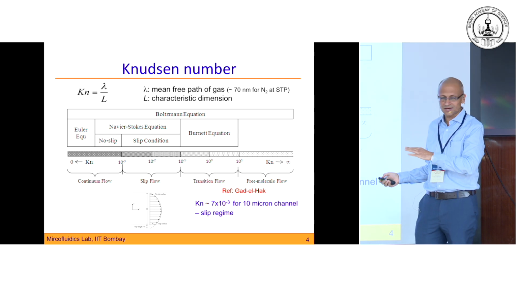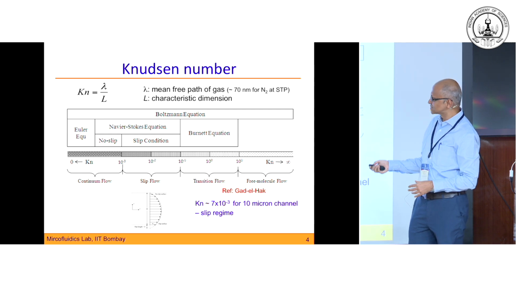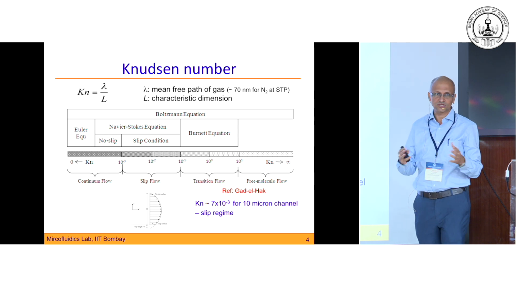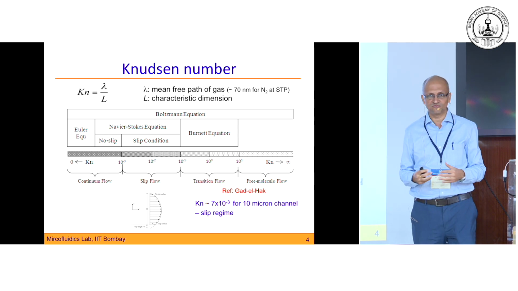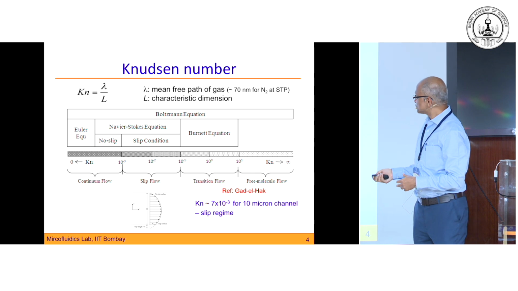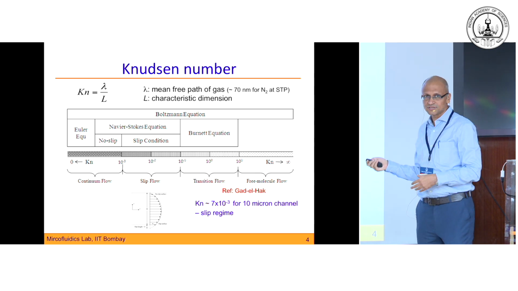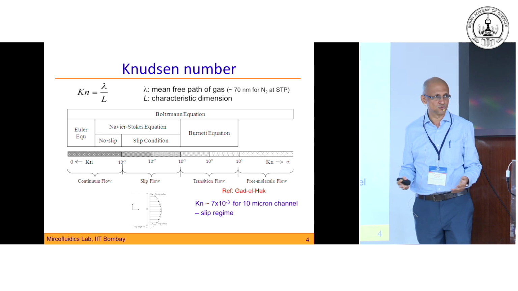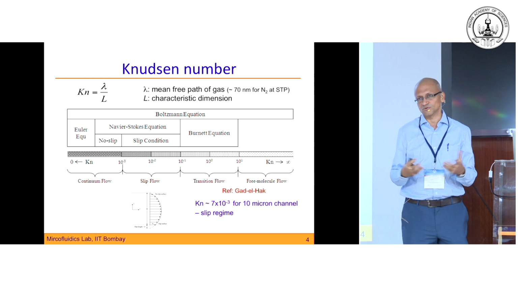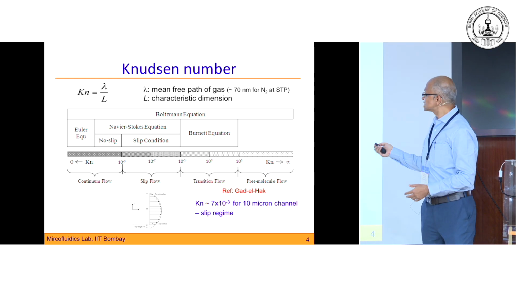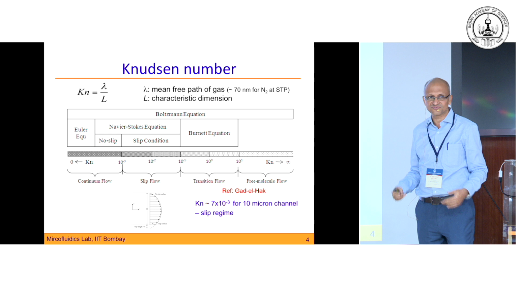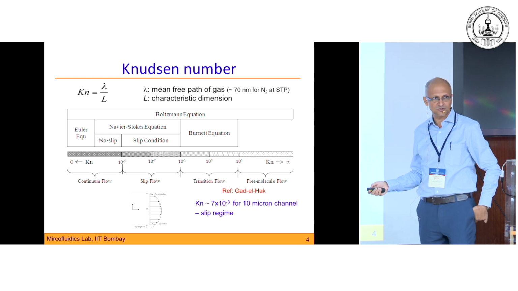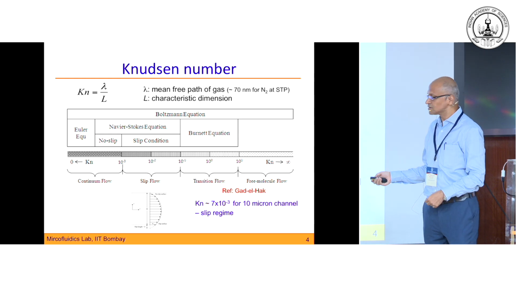So all those you can neglect, and that happens if the Knudsen number is very small, which means that the mean free path of the gas is much smaller compared to the length scales over which we are looking at things. For example, if you look at air or nitrogen under this condition, it is like 70 nanometers, whereas if you're looking at flow in this room, it is a few centimeters or meters, whatever the length scale is. So it's nanometers versus centimeters, very far apart. So you can say that this is a very, very small number and the continuum assumption applies, and that's where everything in Navier-Stokes works very well.